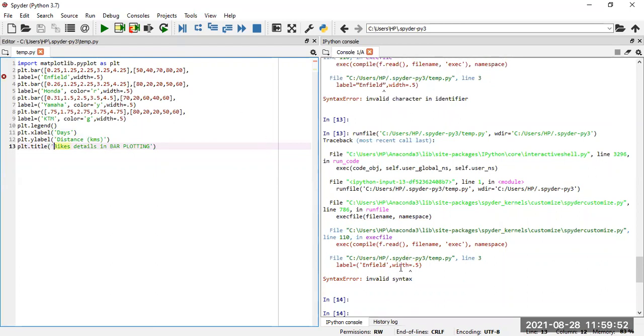The syntax error is saying something about the file. Just wait a minute.